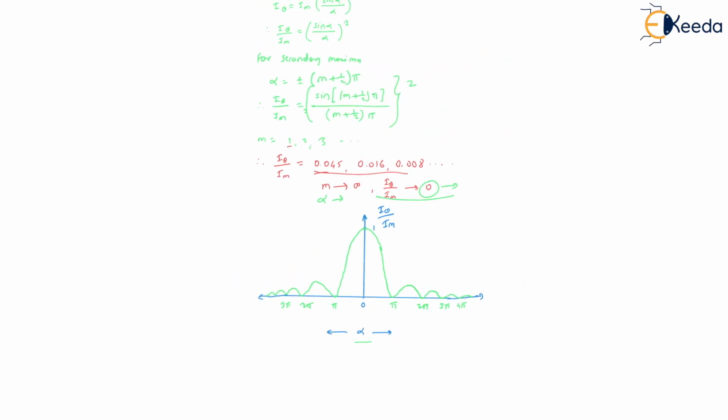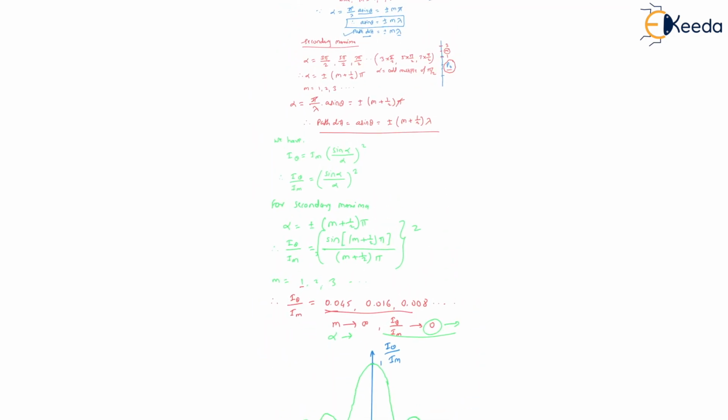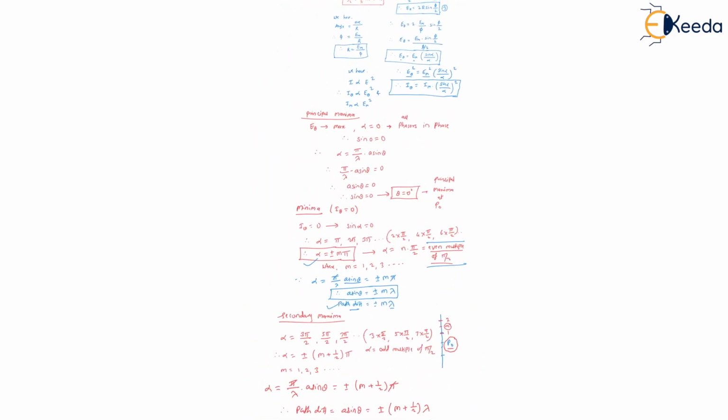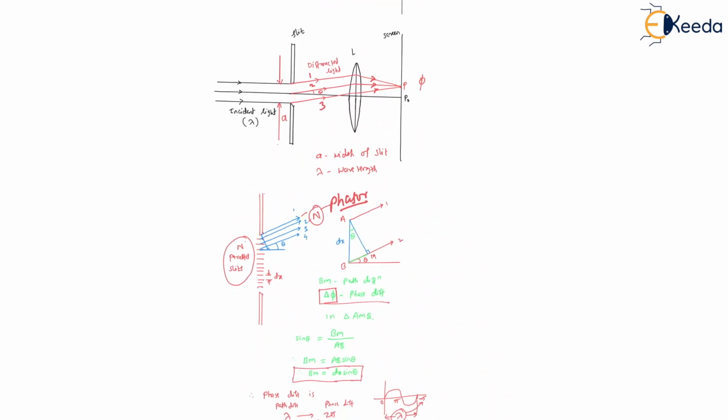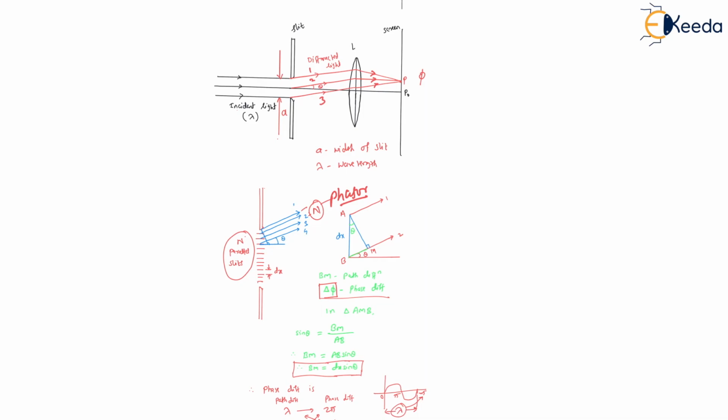Just remember the key points in this topic. First of all, understand what is meant by phase difference, how waves interfere with each other, and how they meet at a particular point. Why do we use the lens? Because without a lens we cannot focus all the light rays at a single point. That is the lens we use only in Fraunhofer's case. In Fresnel we don't need any lens.